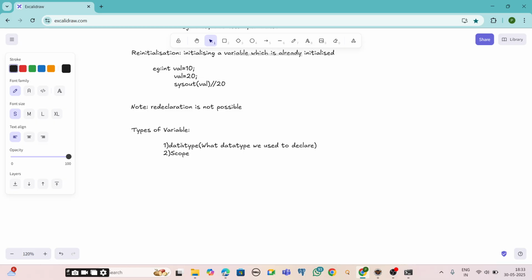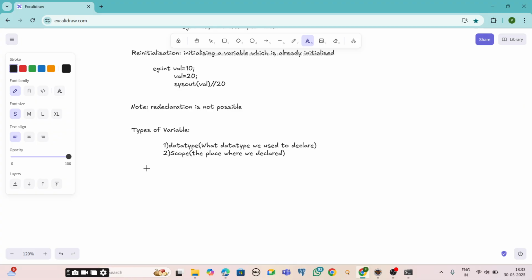So this is one criterion. Coming to the scope, what is scope? Scope is nothing but where we declared, the place where we declared. So based on these two criteria, the variables are divided further.